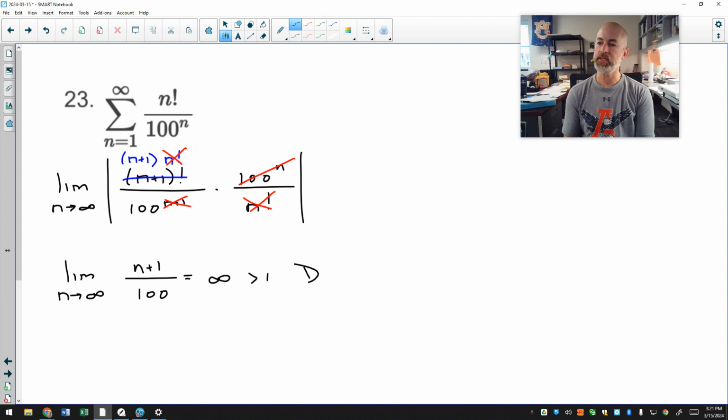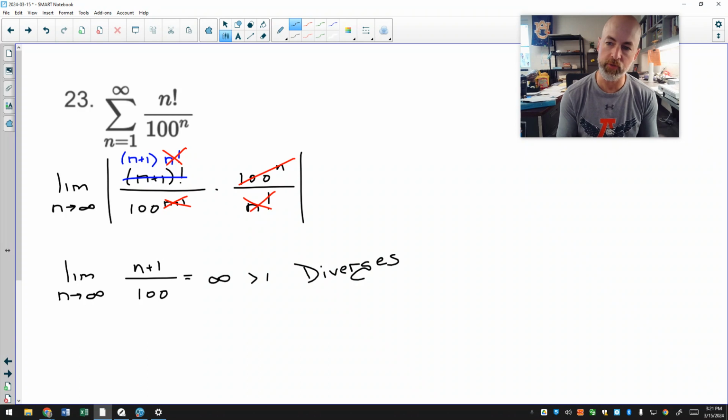And so what I was seeing a minute ago is that maybe these are not the best examples because I seem to have randomly chosen a bunch of divergent series. And so the first three all diverge. You're looking for a limit that is less than 1 for a convergent situation. And now 23, for the sake of practicing the ratio test, I decided to go ahead and apply the ratio test to this one. However, in the world of